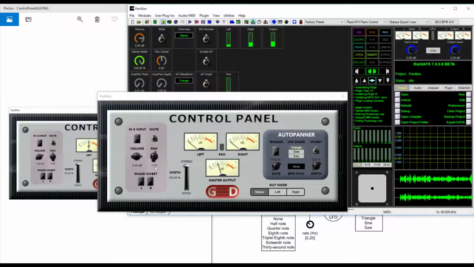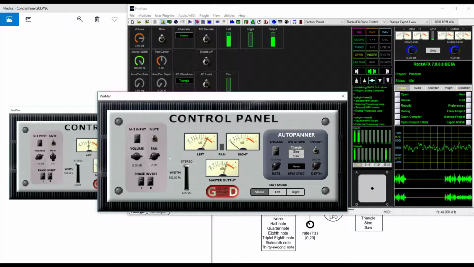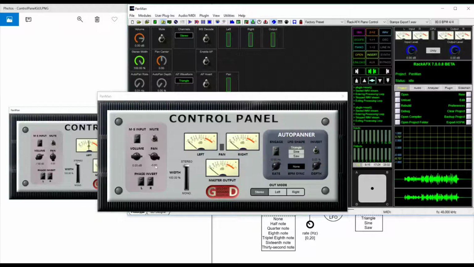An interesting thing about a pan knob, though, is that it doesn't just move from hard left, which would be -1. You'll be able to see that on the meter here. But it can actually move beyond hard panning. Now that might sound kind of strange. But what it's doing when it moves out to -1.2 or up to +1.2 is it's actually using constant power panning